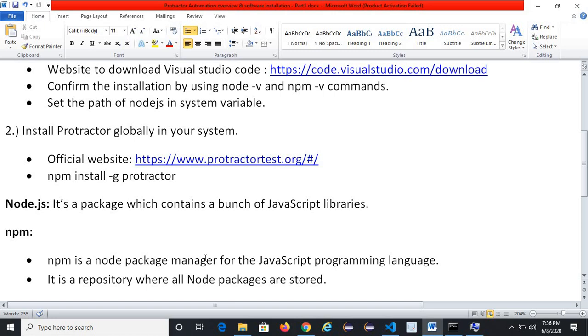It's a repository where all the node packages are stored. Like when we work with Maven and Java, we have the Maven central repository from where we can get a dependency and use it in our project. Similarly, npm is the central package manager for working with node.